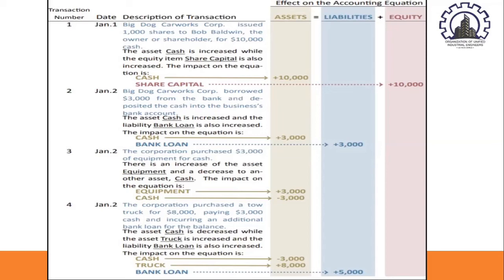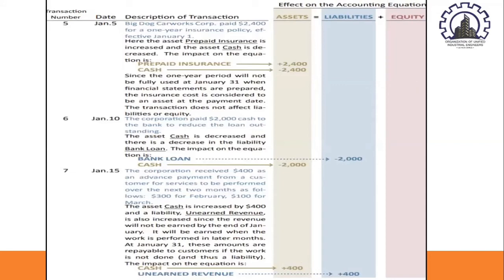And on the fifth transaction, on the 5th of January, Big Dog Car Works Corporation paid $2,400 for a 1-year insurance policy effective January 1st. Now here, the asset prepaid insurance is increased and the asset cash is decreased. Now, the impact on the equation, so prepaid insurance, since you purchased it, you have plus 2,400. And for your cash, since you let a certain amount of money out from your company's pocket, that's an outflow. So that's negative